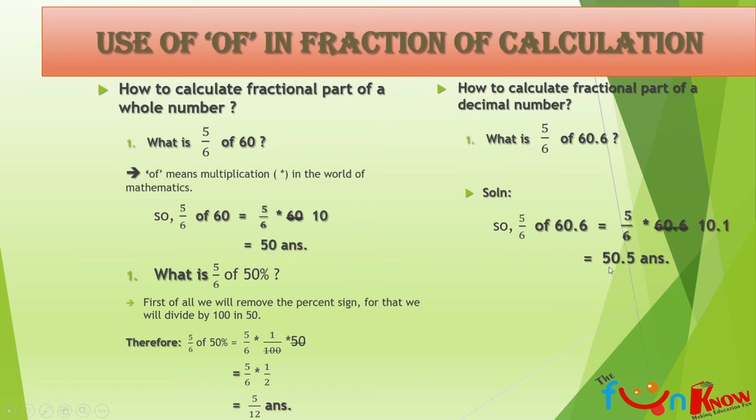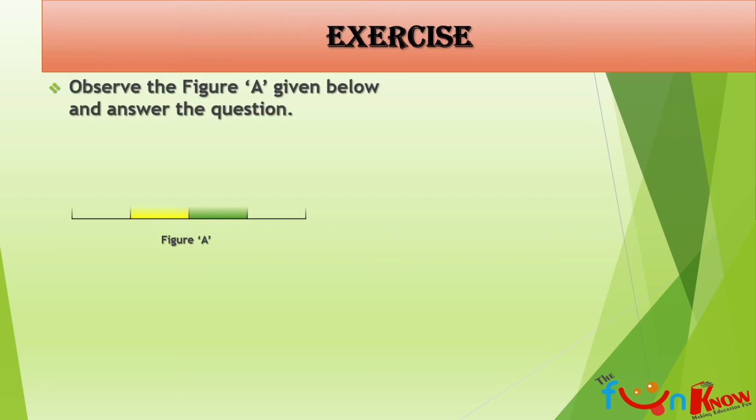So the answer of a decimal number, whichever decimal number it is, you just have to multiply it and then you will get the answer. First, you have to make sure the fractional part, whichever it is divided, you just have to remove that. You have to make it to the simplest form and then you have to write the answer. With this, students, I hope you are understanding what we have done now.